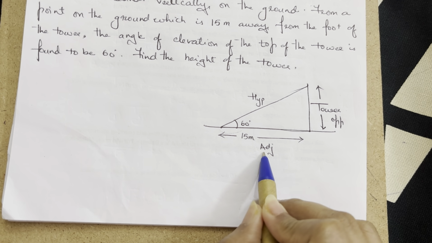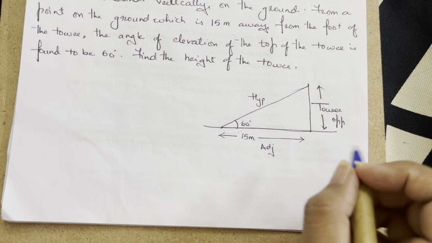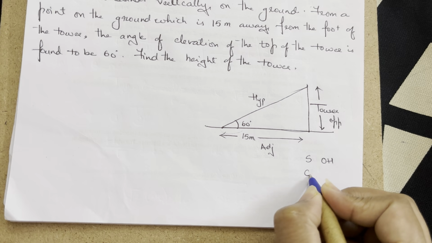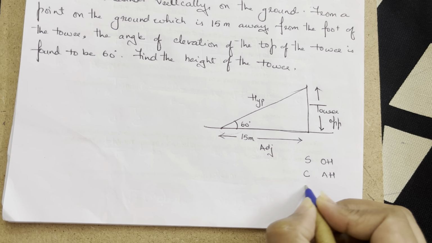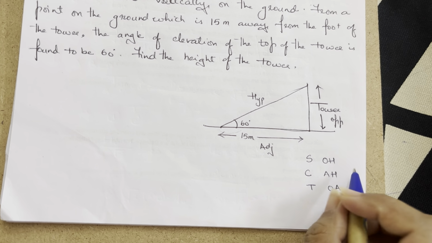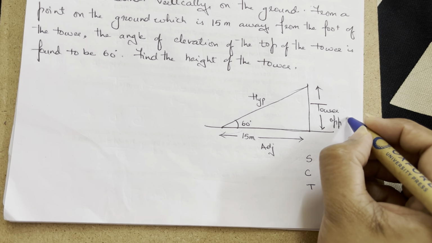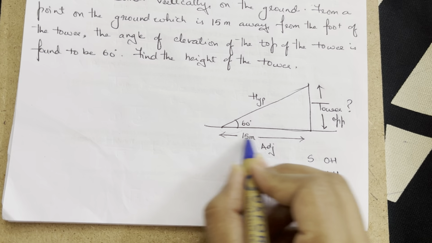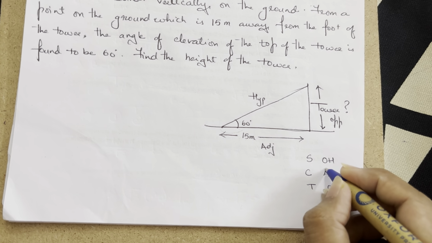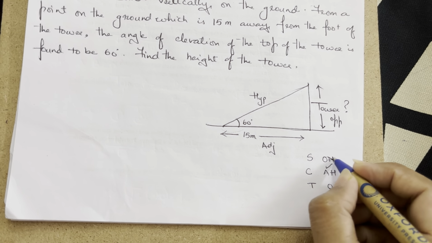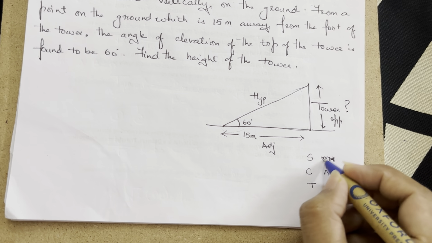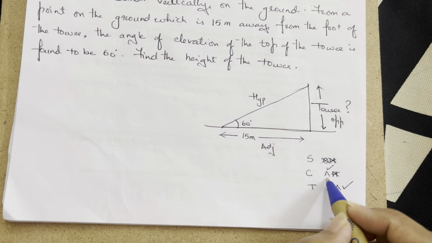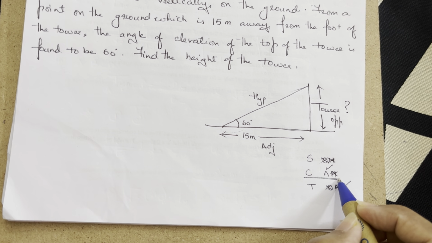Opposite given, no. Adjacent given, yes. Angle is given. So we have sine, which is opposite upon hypotenuse, cos, which is adjacent upon hypotenuse, tan, which is opposite upon adjacent. So he's asking me to find the tower height. This is what I have to find out. This is given to me. Adjacent is given to me. Hypotenuse is not given. Opposite is not given. And the angle, if I use this particular thing, the adjacent thing,